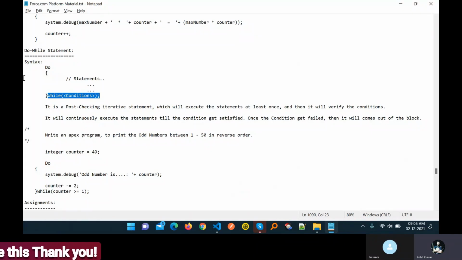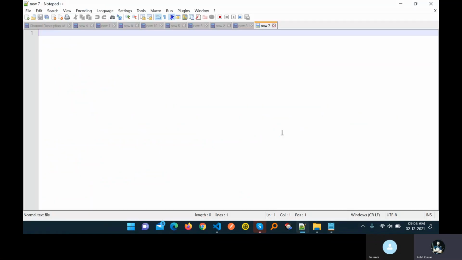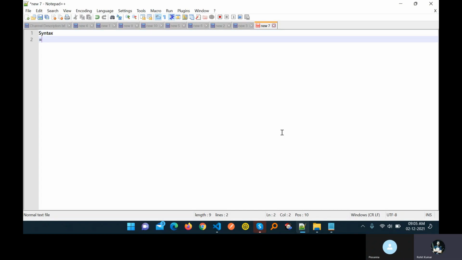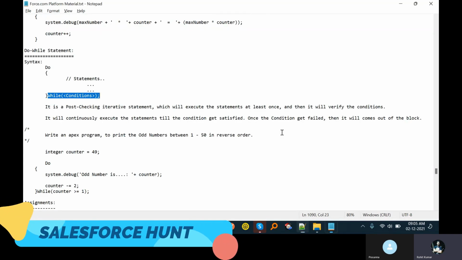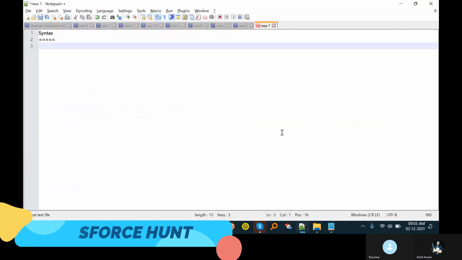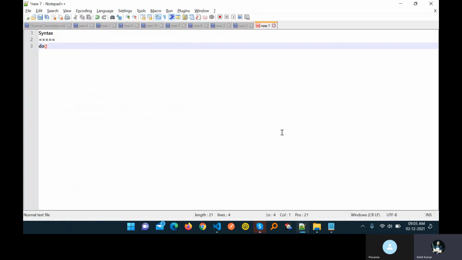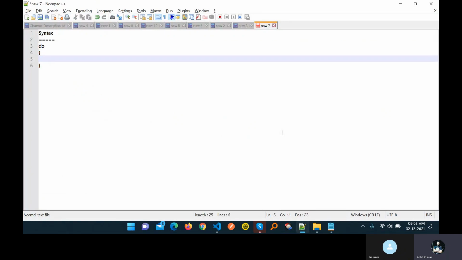So here you can see this is the syntax. Let me do that for you. The syntax is: do, then these brackets, this is the body of the do while loop, right?